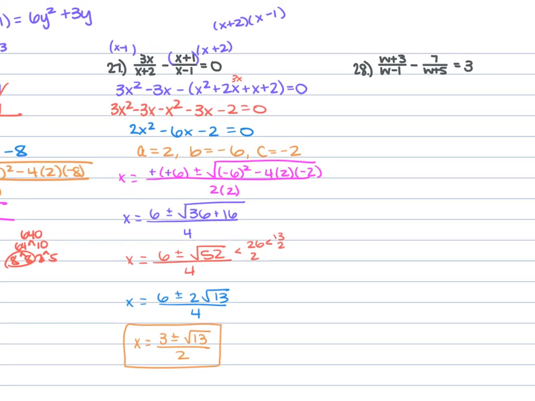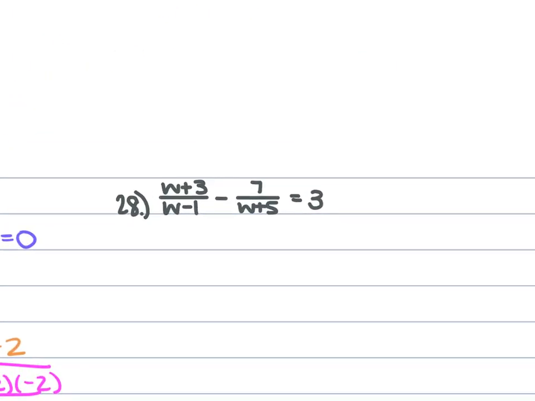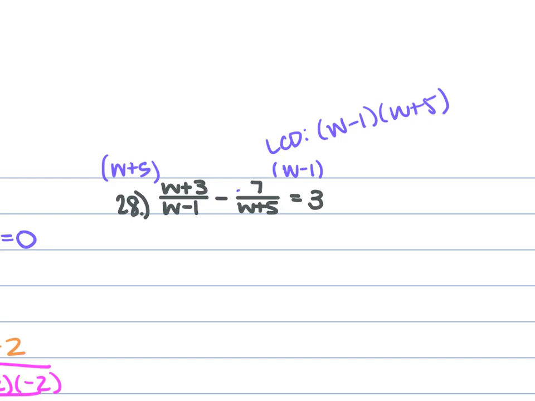For 28, you have w plus 3 over w minus 1 minus 7 over w plus 5 is equal to 3. So your least common denominator for this one is that w minus 1 times w plus 5. So this first fraction, we're going to multiply w plus 5. Second, we're going to multiply w minus 1. Remember, it's negative 7 times w minus 1, so we're taking that negative with the 7 and distributing it in. So we're going to have w squared plus 3w plus 5w plus 15 minus 7w plus 7 is equal to